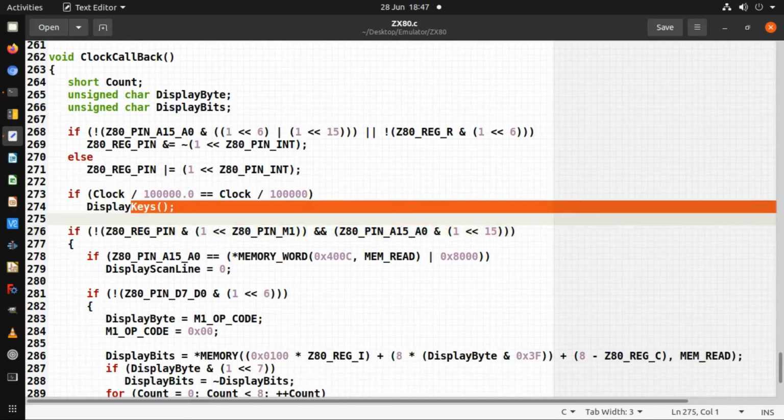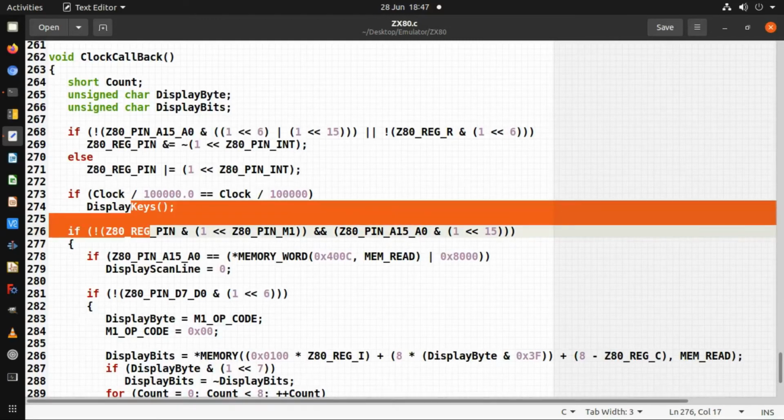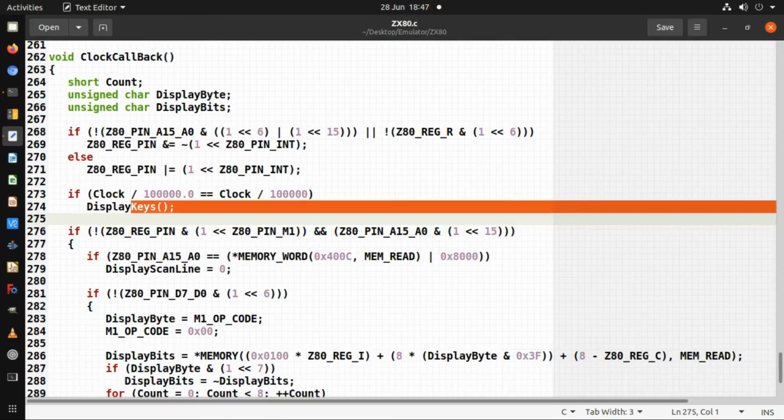What we do is display the keys. What does that do? I think that just does a key scan. Oh, that's right, it's not display the keys. It's in the display library. It reads the keyboard,